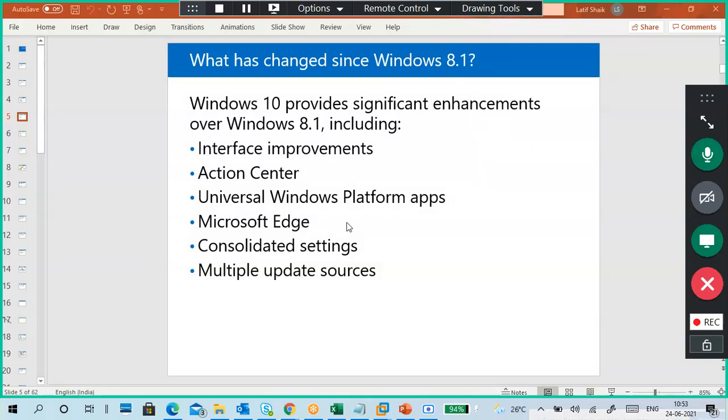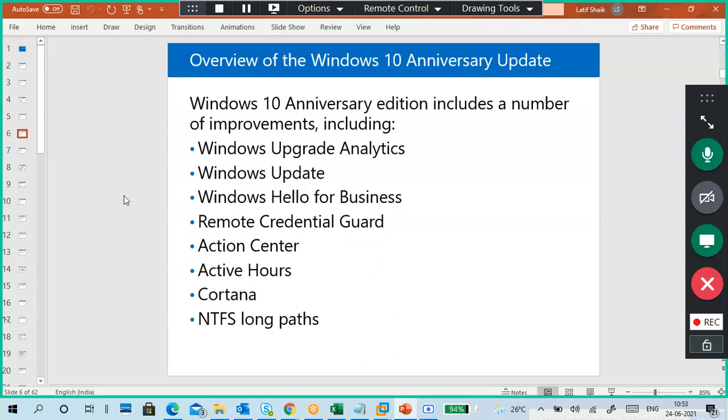Microsoft Edge. What is Microsoft Edge? Default web browser. Default web browser in Windows 10. Microsoft Edge is only available in Windows 10. Okay. Microsoft Edge is not there in Windows 8 and 7. It is specifically Windows 10. These are all interface improvements, just a name only, but you can say task view, all these things. Cortana is one of the important ones. Consolidated settings, that's it. They said the anniversary edition kind of thing was released, but these things are available for everyone.